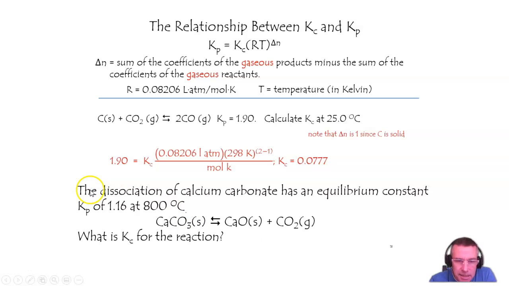Okay, I'm reading that the dissociation of calcium carbonate, that's chalk, has an equilibrium constant of, not too bad, at 800 C. Wow, that's really hot, but I know I'll be ignoring that. And I know I have a formula for Kc. This is a Kp versus Kc reaction, so I'll ask myself if I can just plug in. Kp is given, wonderful, and it's going to be equal to R, which I always have. I had T, I'm going to change that to Kelvin,